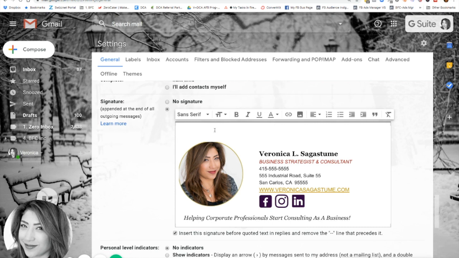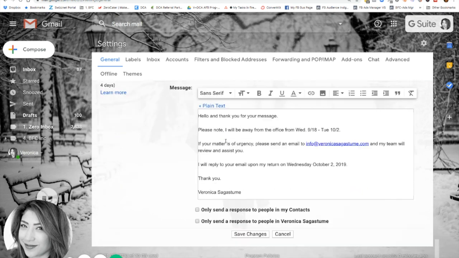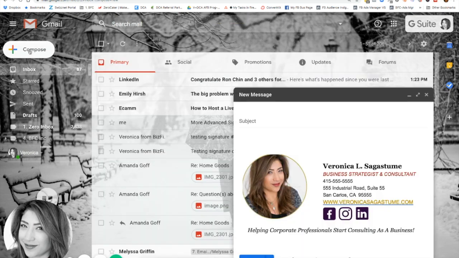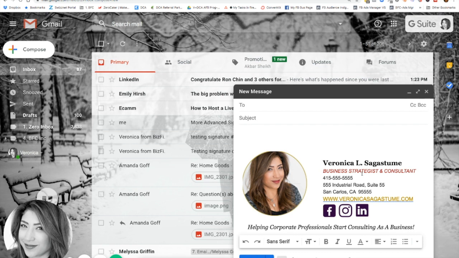And as you can see, it is kind of big, so we can always resize it. That's why we want to make sure that we have it in the Google Doc. But the main thing here is make sure that you save the changes, okay? Save the changes, because when you go to compose a new email, there it is, all right? So let me just kind of say that right now,